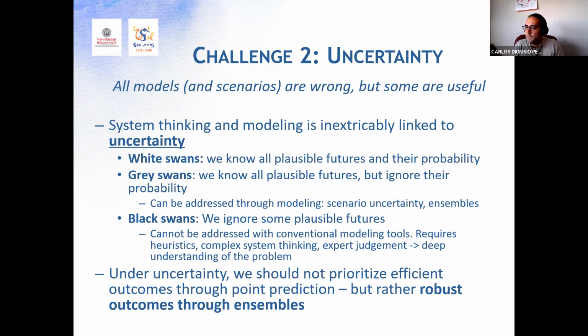And obviously, we can just go so far in this regard. We can maybe include 2-3 scenarios, 2-3 models per system. That's enough. We are not going to include dozens of them, such as CMIP does in its ensemble experiments, because this is a smaller project. So we are supposed to deal at least with the gray swans in this way. With the white swans, we are doing that already, but also with the gray swans: the futures that we can anticipate that are plausible, we can try to model many of them, so as to account for uncertainty.